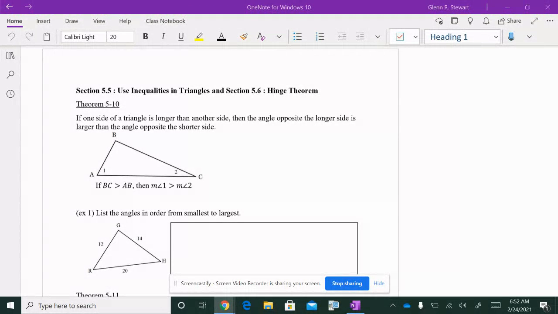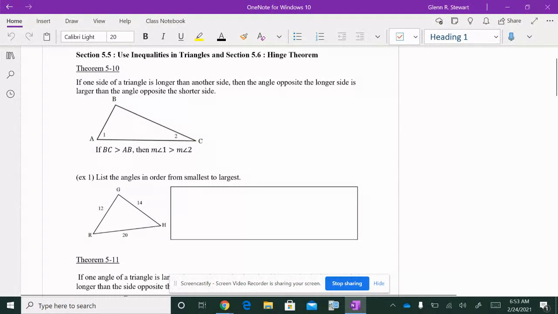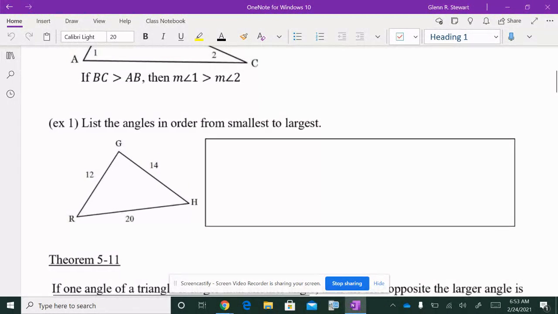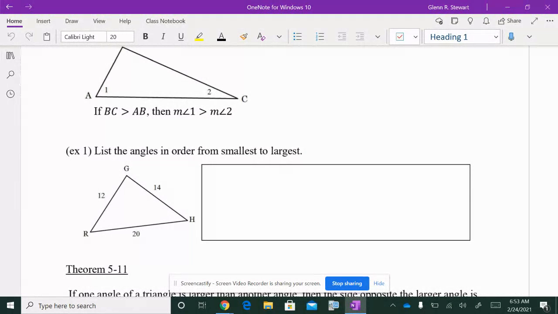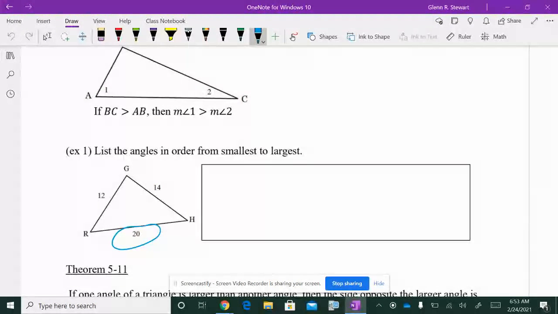On theorem 5.10, essentially, with the inequalities, if one side of a triangle is longer than the other side, then the angle opposite the longer side is larger than the angle opposite the shorter side. To put it in a little bit more sense, take a look at example number 1, listing the angles in order from smallest to largest. You're going to have to agree with me on this: if 20 is the biggest side,